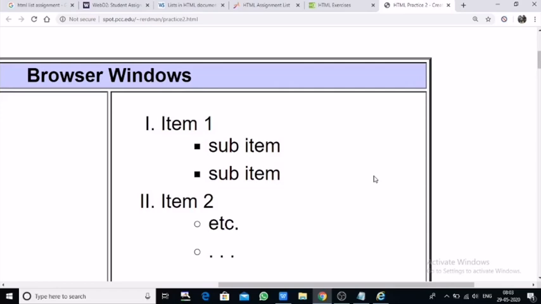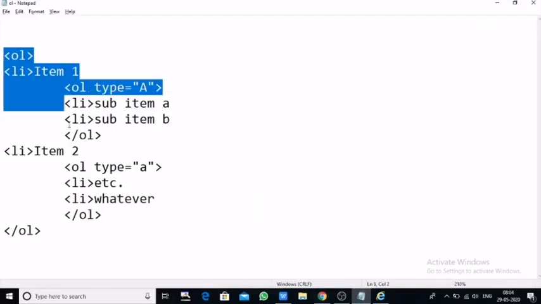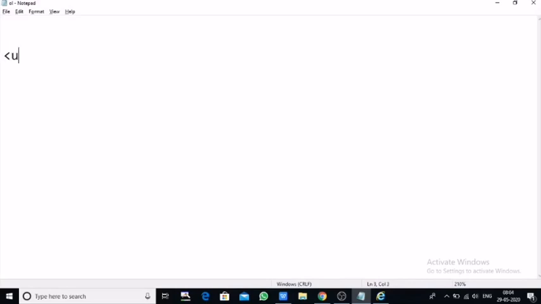So this is it. Now see how to write this one. Here is the second one, item 1, but here there is a Roman 1 letter and Roman 2 letter, and within this Roman 1, item 1 is bullet, square type, and circle type. So start writing the code of this. How will we start writing? We will use the ul tag. Write it down in your copy and practice the code.